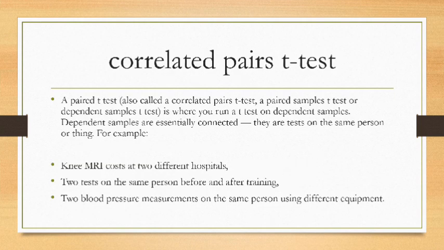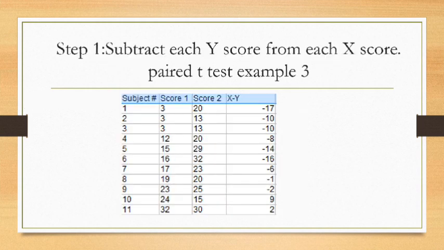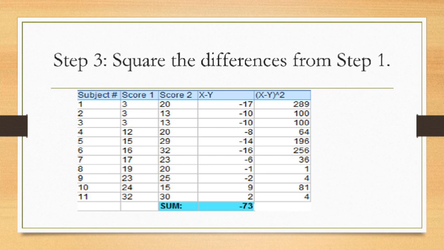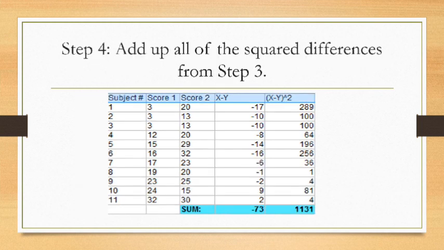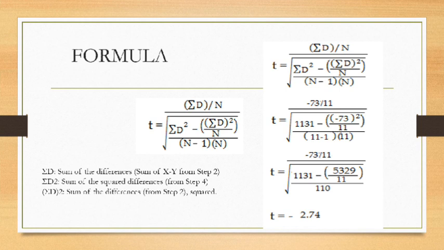Correlated pairs t-test. A paired t-test, isa pang klase ng t-test po by hand. So, step 1 po natin, subtract each y score from each x score per t-test. Example, step 2 po, add up all the values from step 1. Set this number aside for a moment. Use po natin yung score 1 sa score 2, which is ayun po yung nakalagay sa x and x minus y. Doon naman po sa kabilang table po, nakalagay po yung x minus y kapag in-squared po siya. Then, ayun po yung formula na